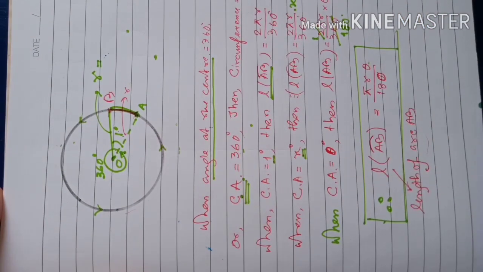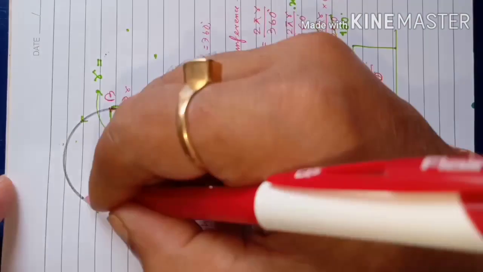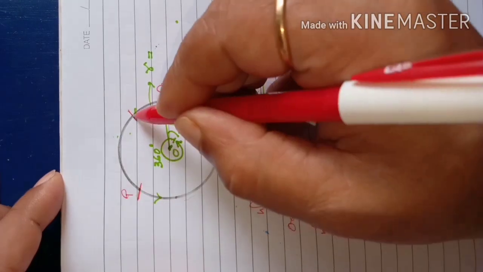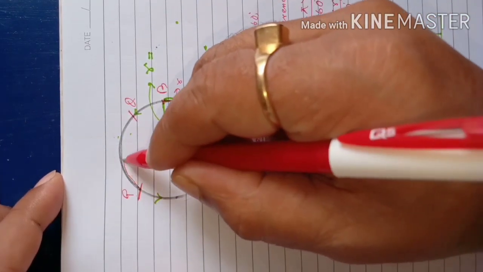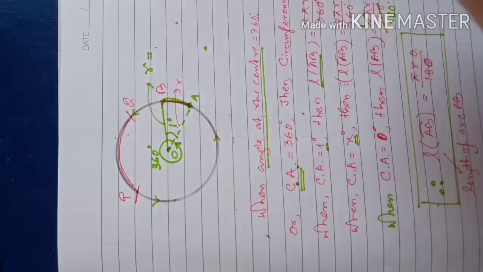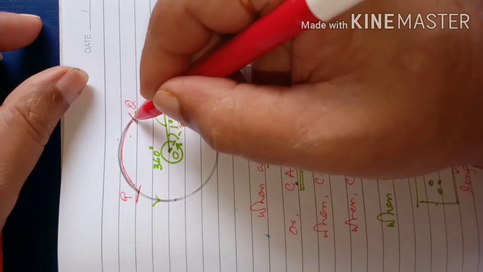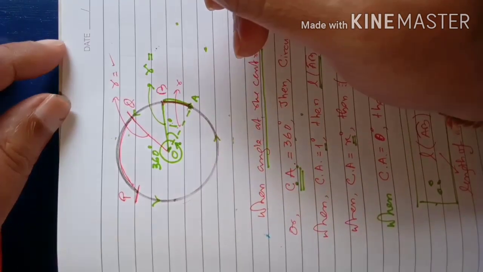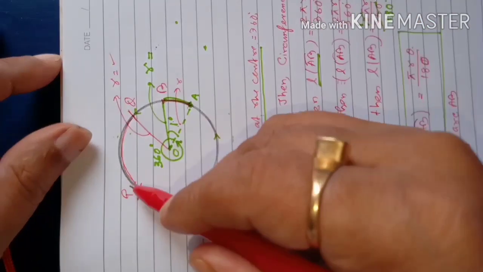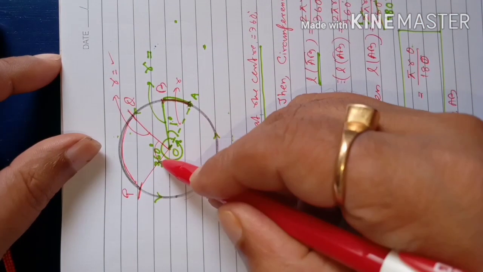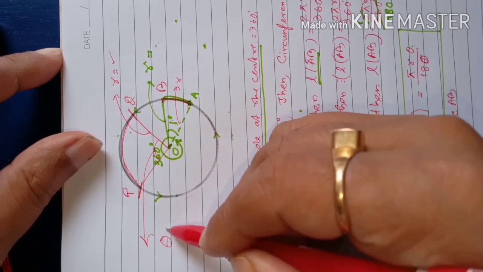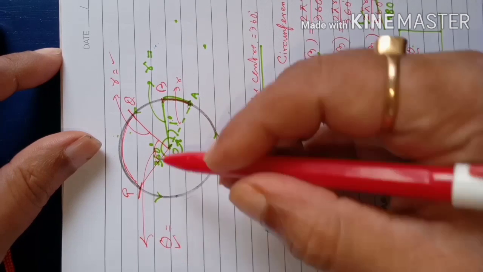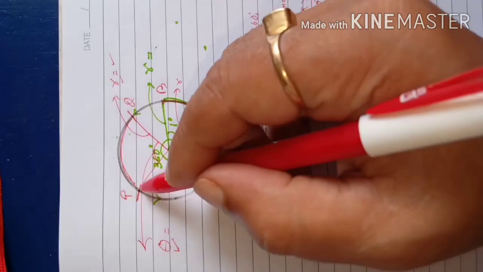That means if somebody asks you, from this point P to this point Q, what is the length of this part? Then you will ask him, dear friend, you tell me what is the radius of this circle, because radius is one parameter here, means you have to know it. Then how much angle does it make here at the center? That angle also you have to ask him. You have to say what is the value of the theta here. Theta means this angle here. Is it clear, dear students? With these two things, you can find out the length of this arc PQ.